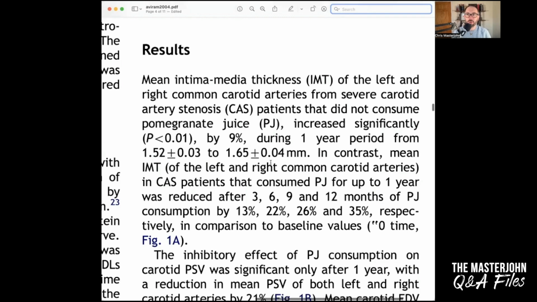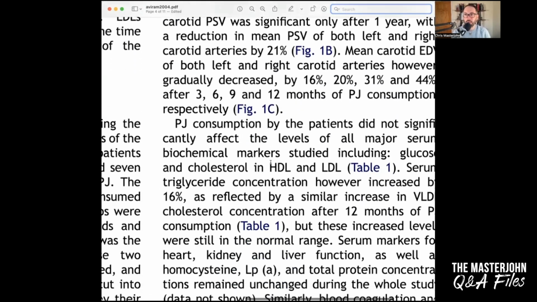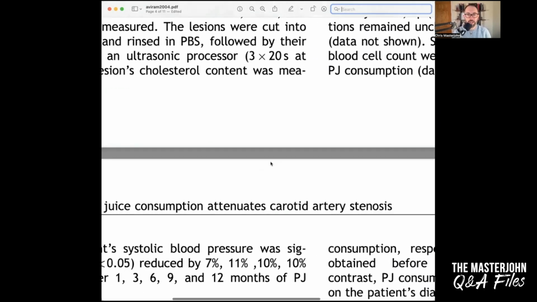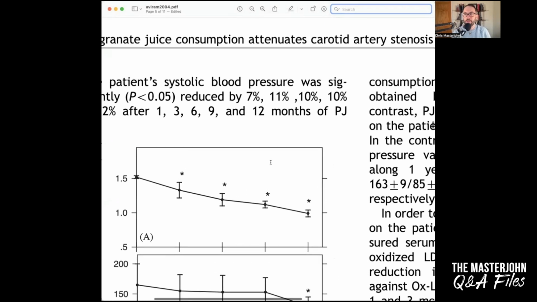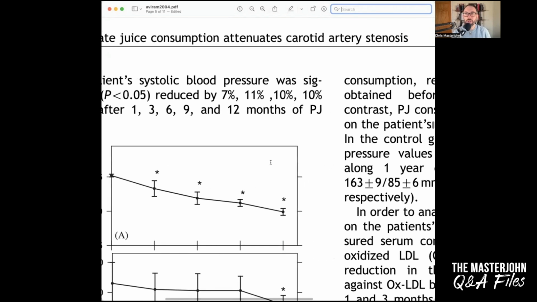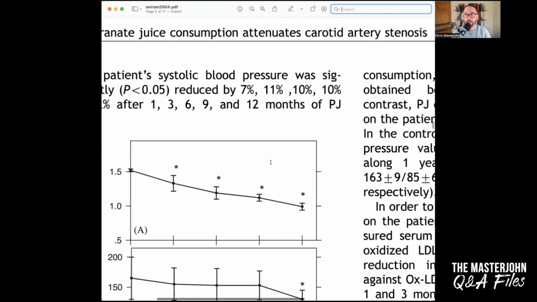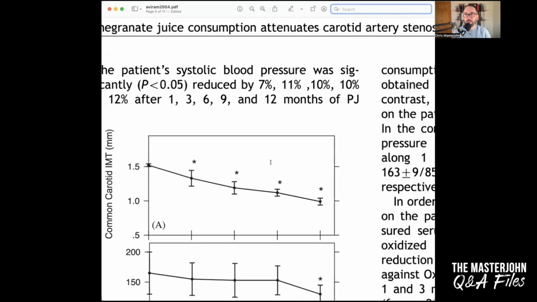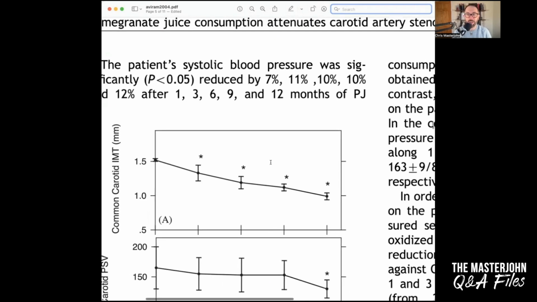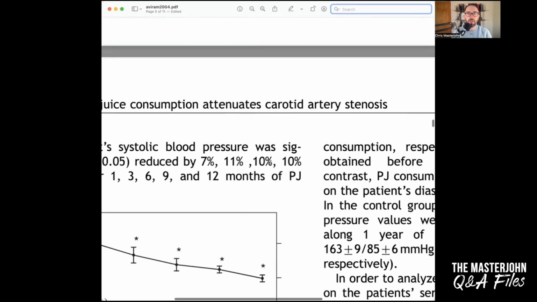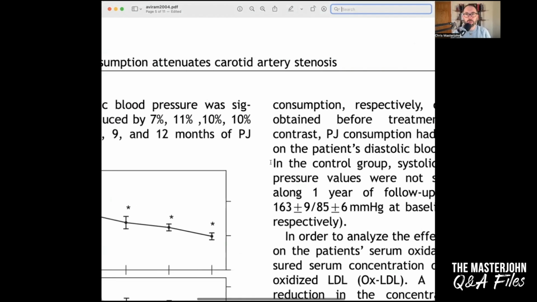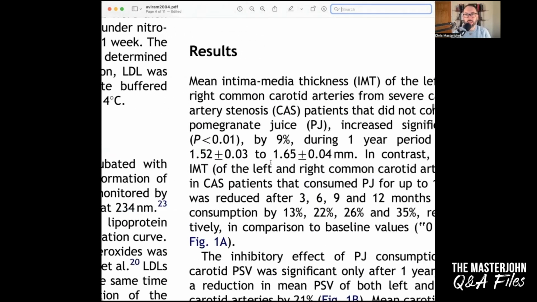Like in a randomized controlled trial, the primary endpoint, the primary statistical analysis should be the primary endpoint at the end of the trial in the treatment group versus the placebo group. And so you have to go to the paragraph to find the values for the placebo group, and you have to go to the graph to find the values for the treatment group. Why are they so adverse to putting them together? That's extremely weird.